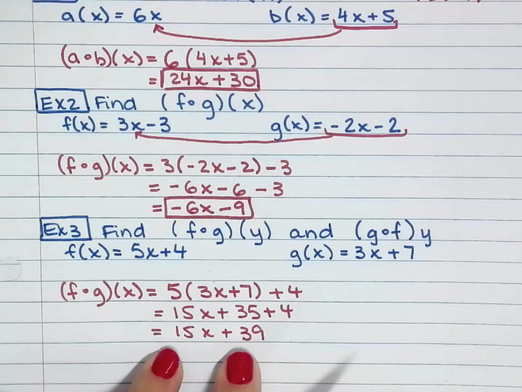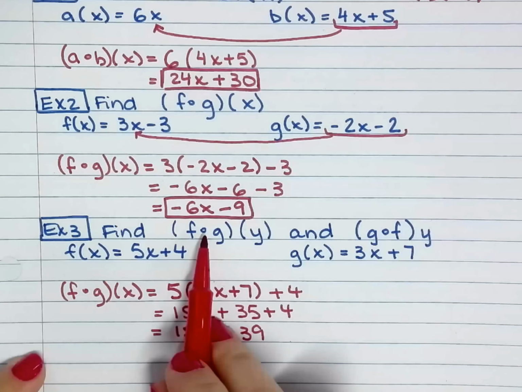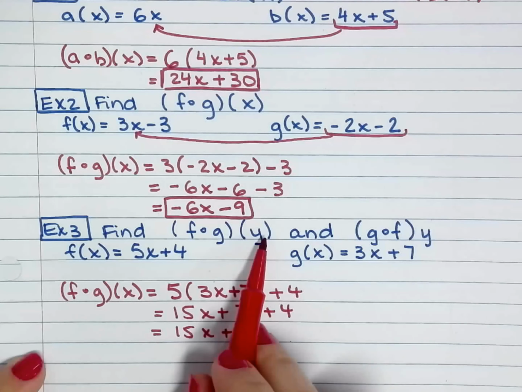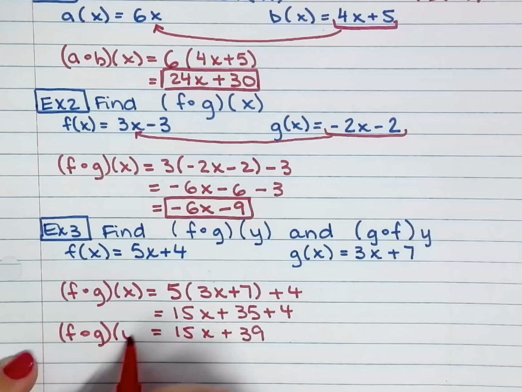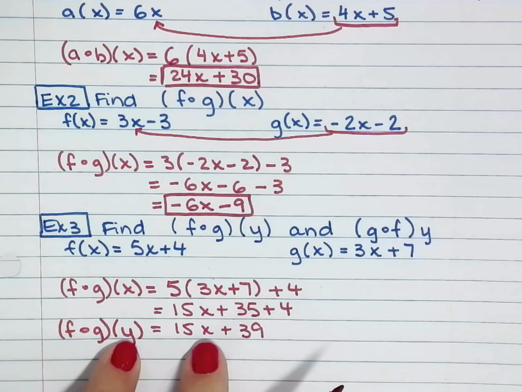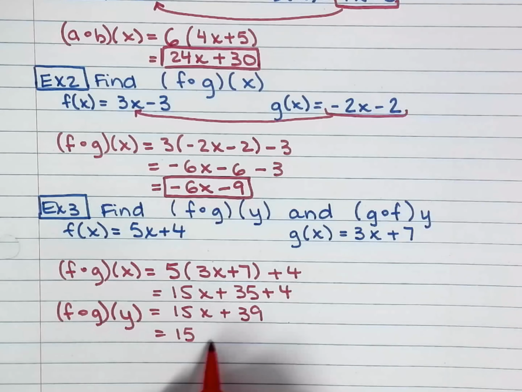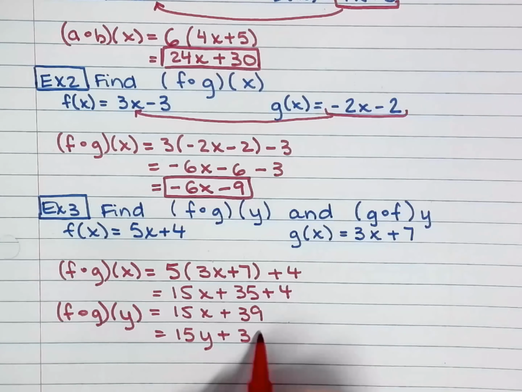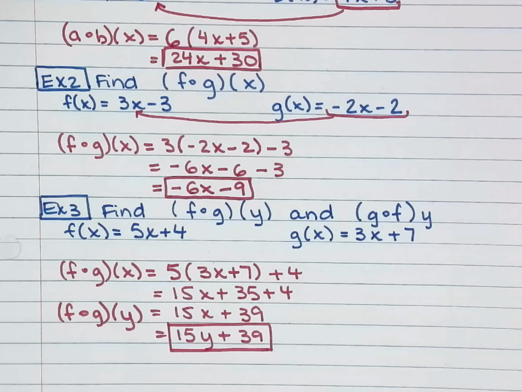And then lastly, you were looking for F is composed with G of Y. So in order for this to be F is composed with G of Y, in the end, you have to substitute that X with Y. That's the only last step you have to remember to do in order to complete your work. Now let's see what